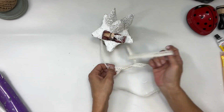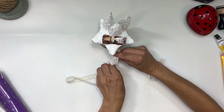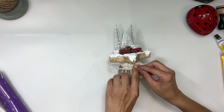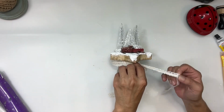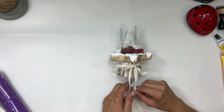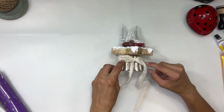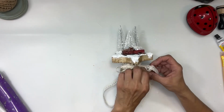So I took some of the lace ribbon from Dollar Tree, and I just wrapped it around the front of the tart pan Jello mold, and I tied it into a bow. I'm still not sure how I feel about this. The ribbon wasn't white enough. It's like an off-white, but it contrasted well with the side of the star. So again, I'm really just undecided on how I feel about the bow, but for now, we're keeping it. You let me know what you think,